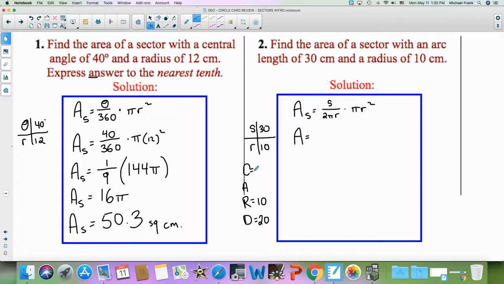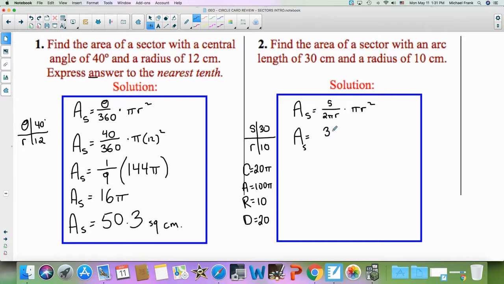My circumference in terms of pi is going to be 20 pi, and the area is going to be 10 squared pi, which is going to be 100 pi. So just by writing out my card, I have so many of these things already finished that I need to put into this problem. So the area of the sector is going to be equal to the sector arc length,